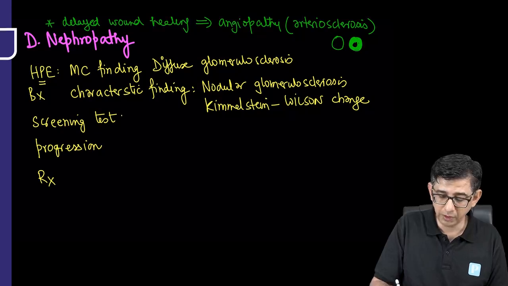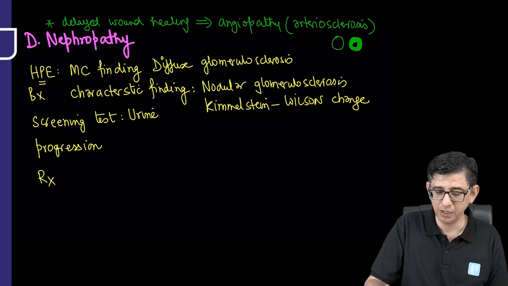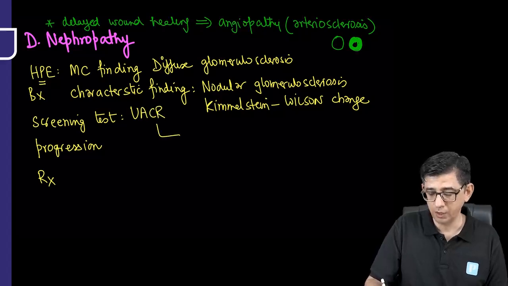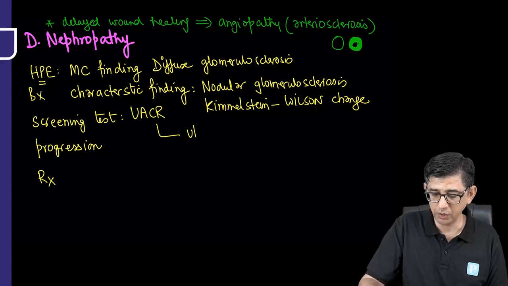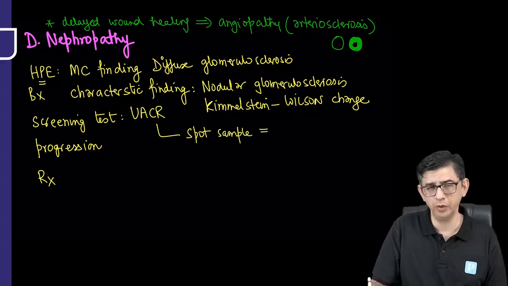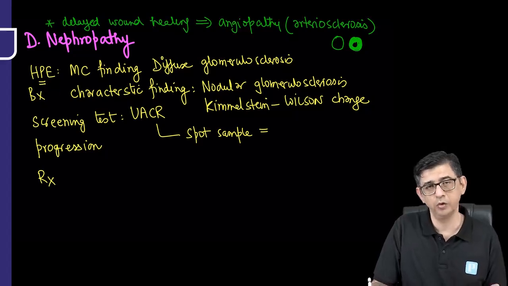Therefore, what is the screening test that you will be writing for your patient? The screening test would be, in short form, UACR, that is urine albumin creatinine ratio. The screening test is urinary. We'll take a spot sample of the urine. Here you don't need to go for a 24-hour urine sample. You can go for 24, but it's advisable, and most of the time when the patient comes, a spot sample is